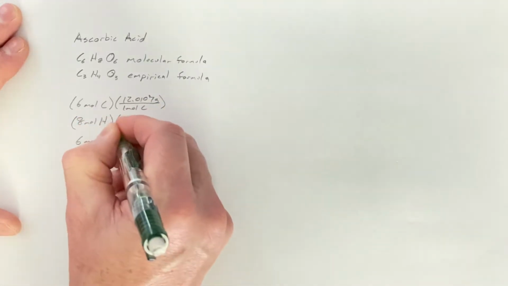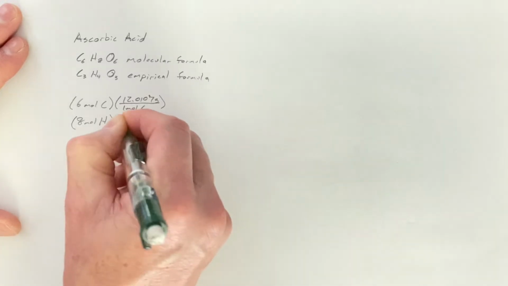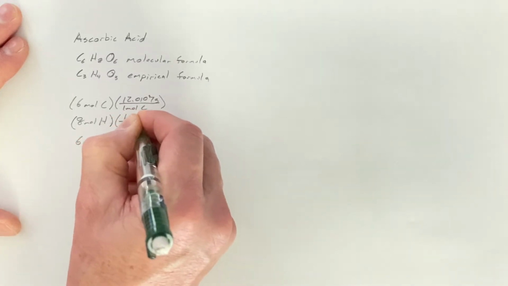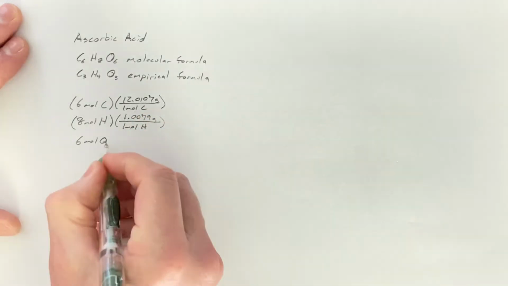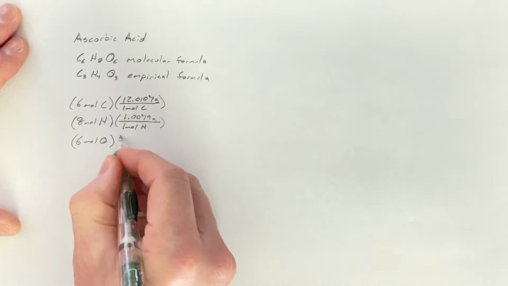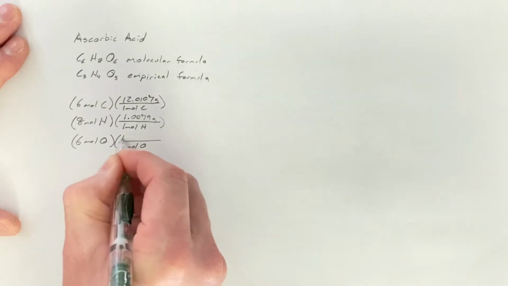Again, 1 mole of hydrogen has a mass of 1.0079 grams. And 1 mole of oxygen has a mass of